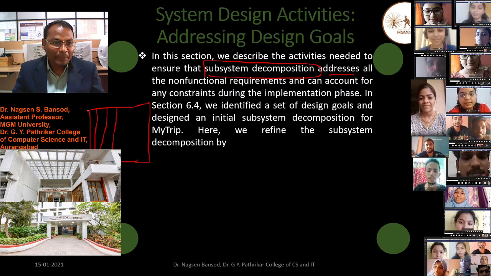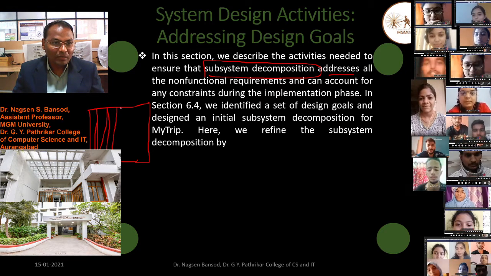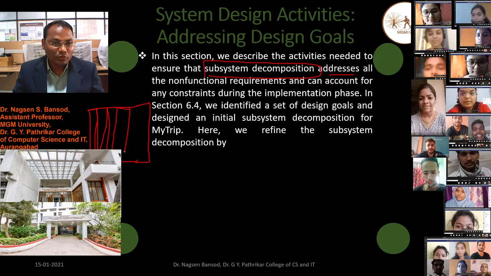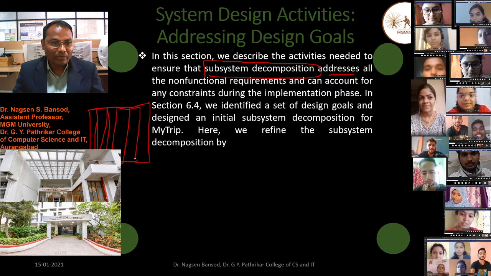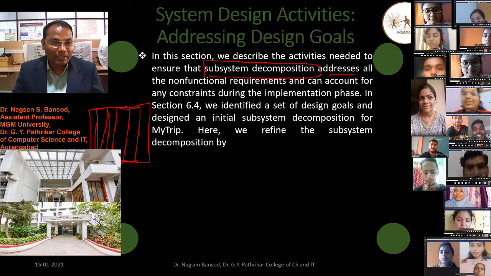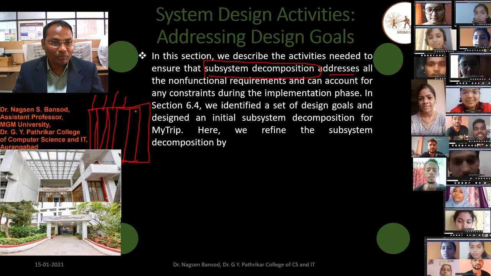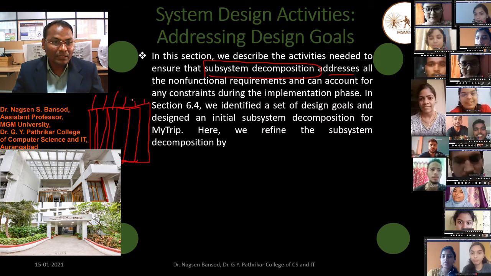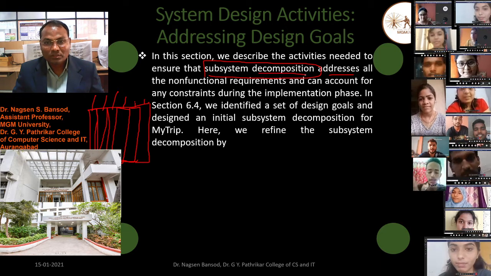Suppose for printing we will make one part, for display one part, for data storage one part, for web hosting one part. According to the addressing of subsystems, we will make different components, meaning decomposition,